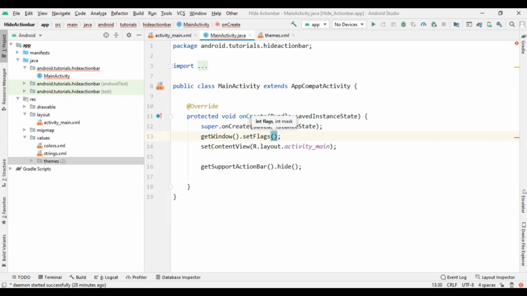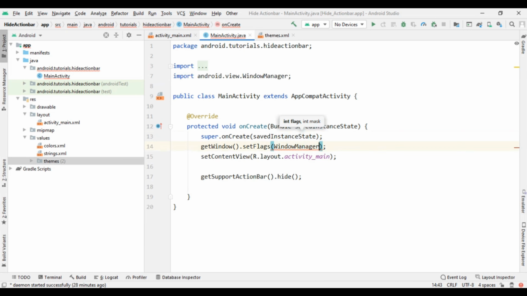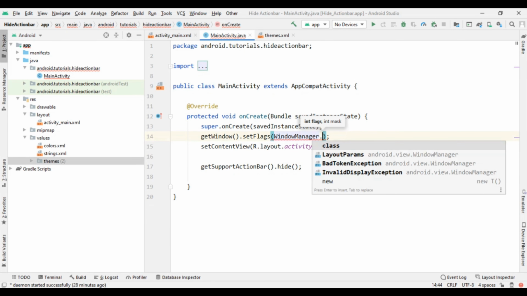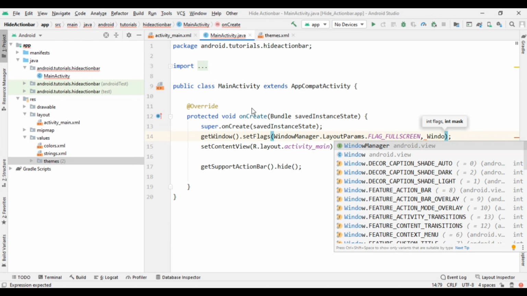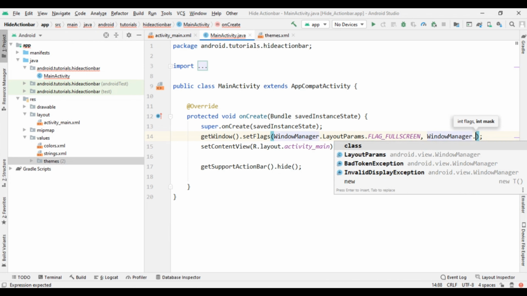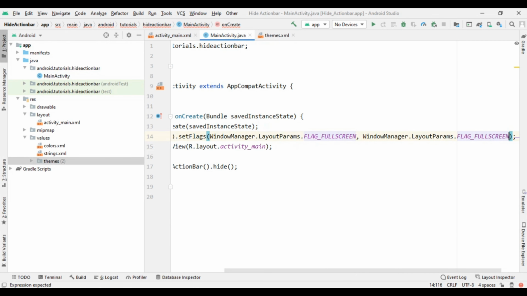The first parameter is WindowManager.LayoutParams.FLAG_FULLSCREEN, and the second parameter is the same: WindowManager.LayoutParams.FLAG_FULLSCREEN.